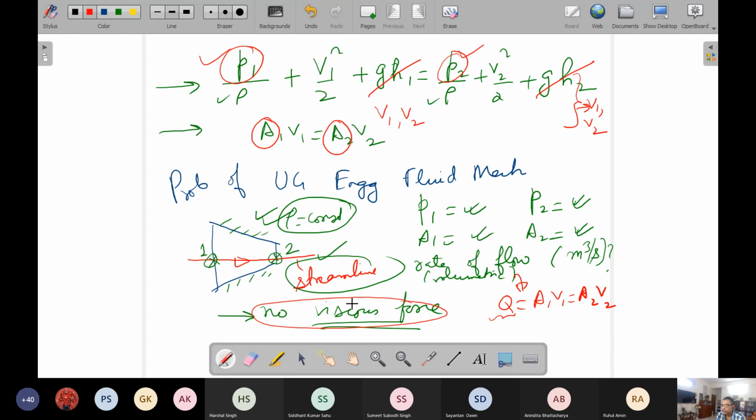It's a peculiar situation where the method is wrong. We can understand, one of your friends has rightly pointed out that these are points 1 and 2, but these are sections 1 and 2. So these will actually be average velocities. But we are not using average velocity because we are just calculating V1, V2, whatever. Because this is not average velocity. This is velocity at a point.